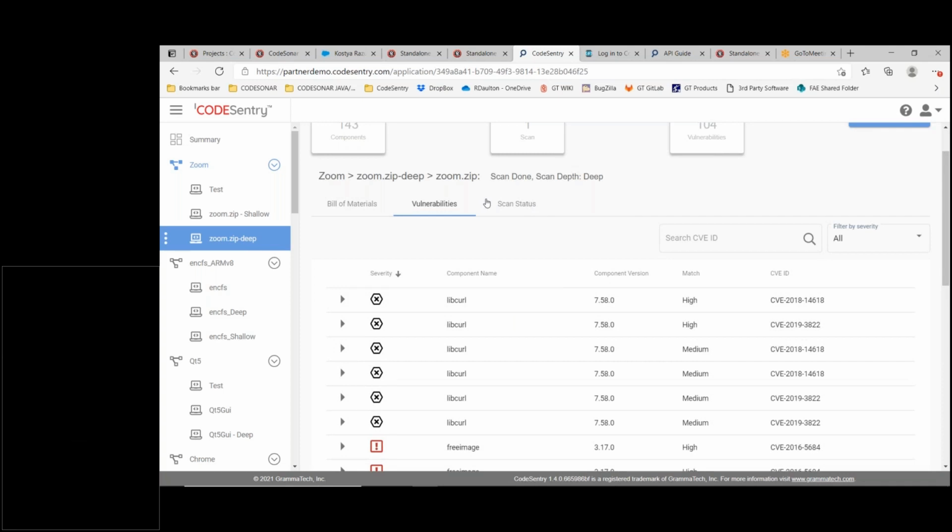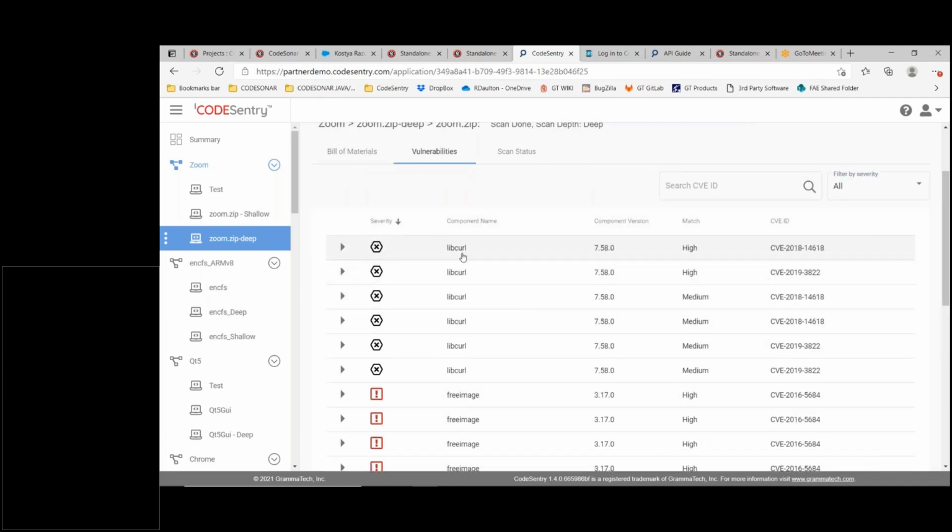And within that zip file, you can see we found a whole range of CVEs that have occurred in a number of libraries or components that are being used by things in that zip file. We can see a whole load of libcurls that have been in use,